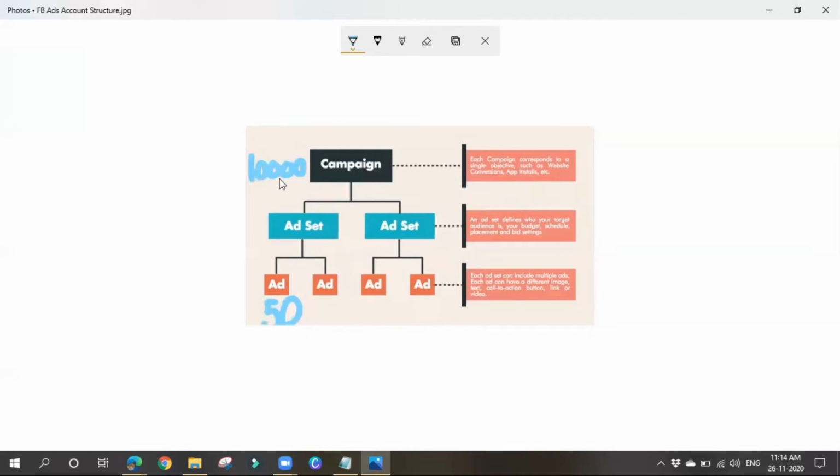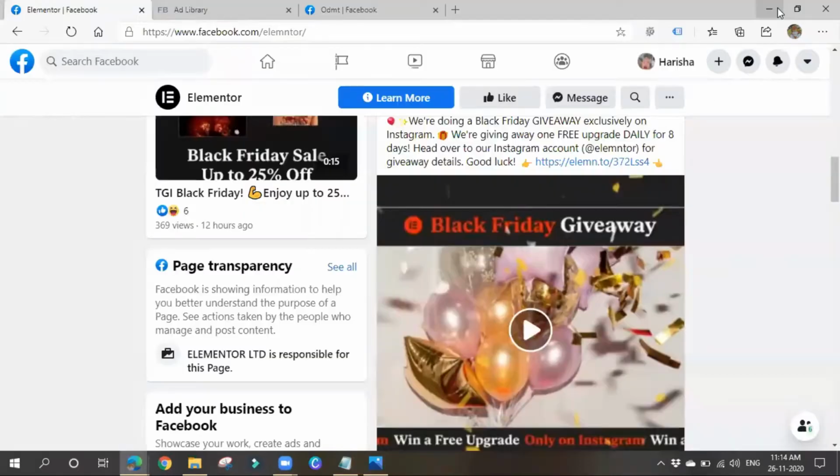Under each ads manager account, we can create 10,000 campaigns, and ad sets also we can create 10,000 per each campaign, guys, I'm saying. So 10,000 campaigns for each ads manager account, 10,000 ad sets for each campaign, and 50 ads for each ad set. Like this we can create. So that's about the Facebook ad structure.